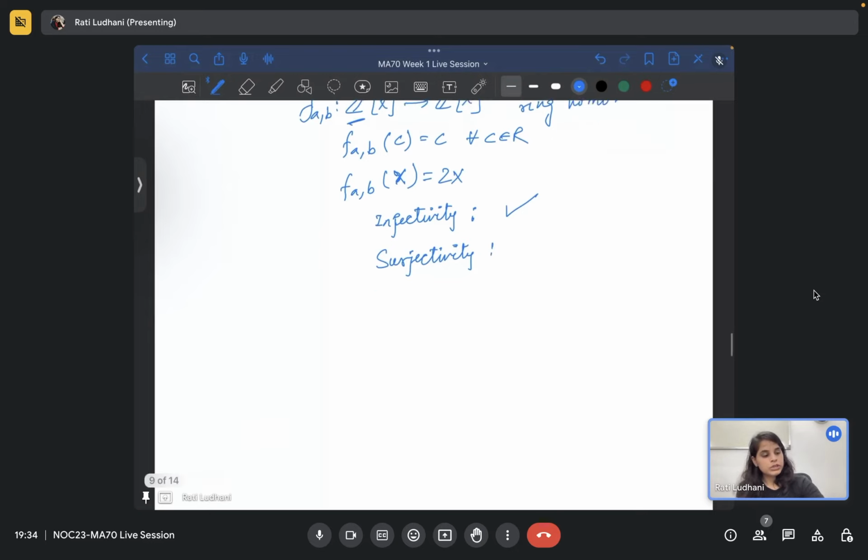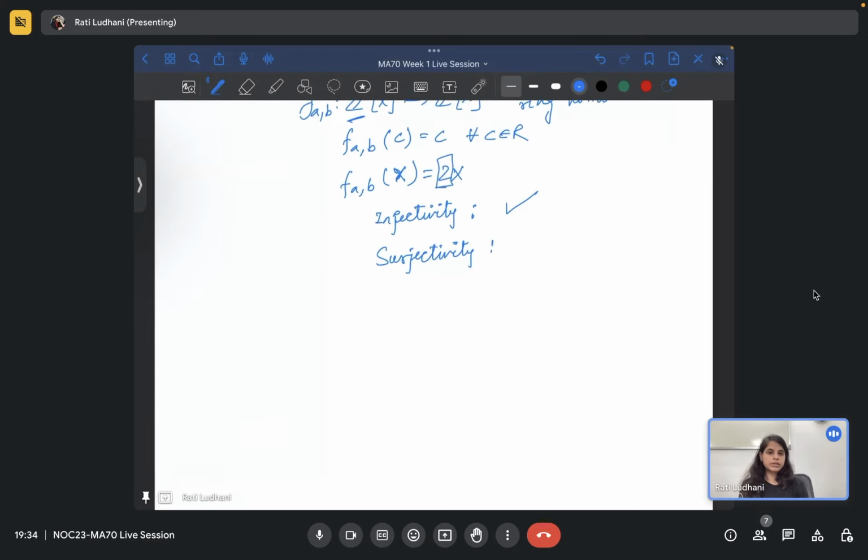Because 2 is not invertible. 2 is not invertible in Z, or Z[x] you can say, because units are the same in Z and Z[x]. So surjectivity is